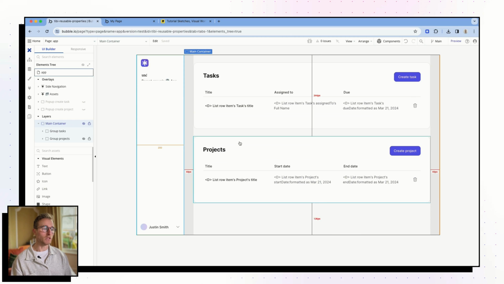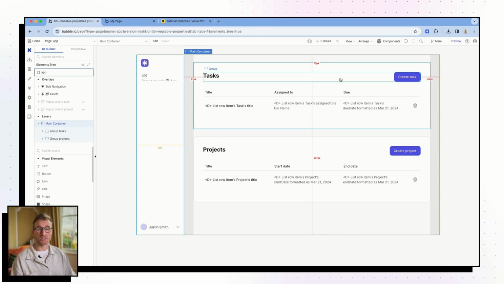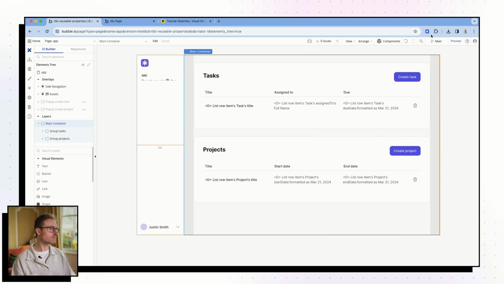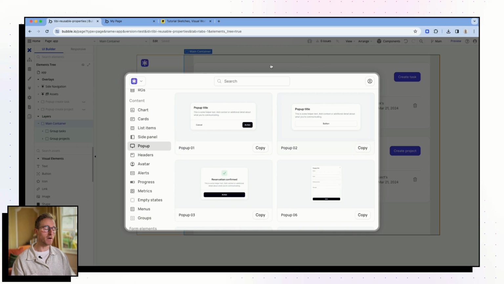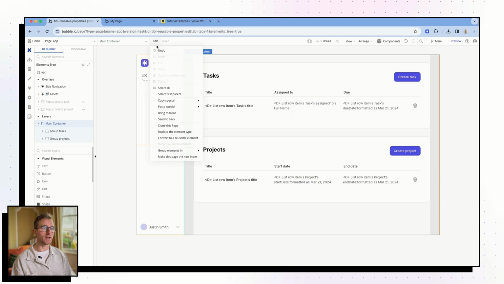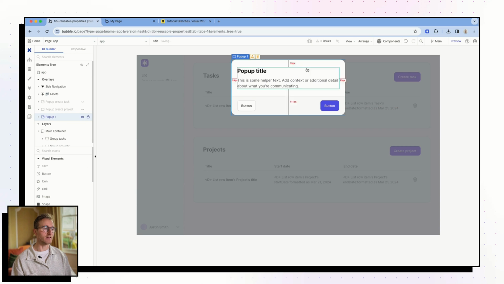So if you want to see the exact configuration that I'm using here, then you can check out the link to the editor below. So the first thing I want to do is have a pop-up that I can turn into this reusable confirmation module, right? Obviously you can create your own pop-up. I'm going to make use of the wonderful Basis UI design library, and I'm going to copy this pop-up number 1 and paste that onto the page here.